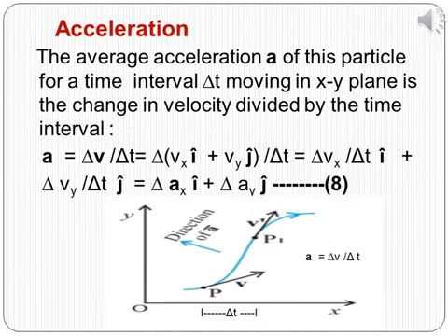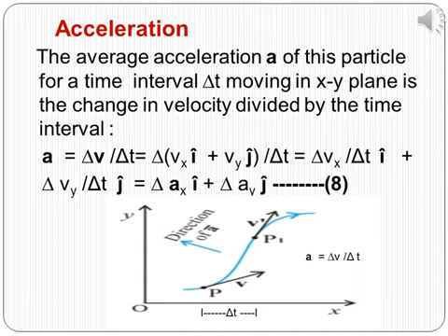Let us examine the acceleration vector of this moving particle. What should be the average acceleration a of this moving particle? It is the ratio of change in velocity to the time interval, which is represented by vector a is equal to vector delta v by delta t, where